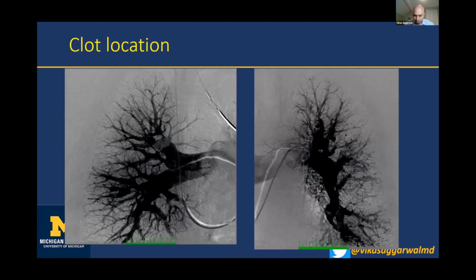Now, clot location. This is not the angiogram on our patient, but I chose this angiogram because I think it highlights a few important things. What you see in the truncus arteriosus on the right side is a chunk of acute thrombus that's near occlusive. This is luminal clot. If you see a near occlusive luminal clot in the truncus arteriosus, the main pulmonary artery, or the proximal interlobar artery on the right side, and the same thing in the main pulmonary artery or the proximal interlobar artery on the left side, in my mind, that's the clot that will respond best to